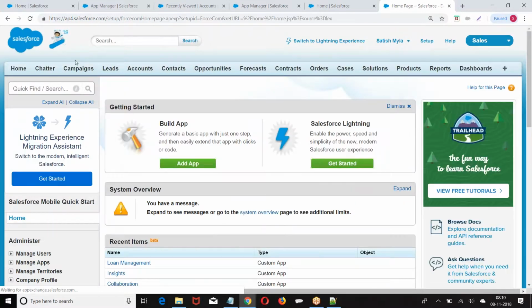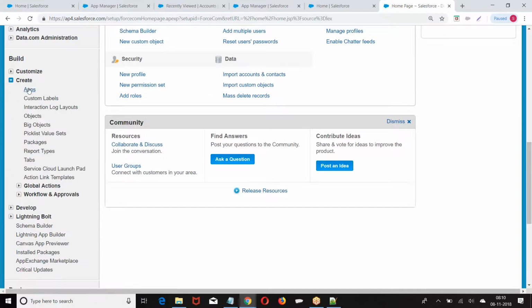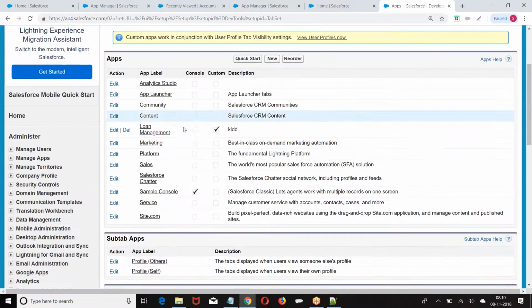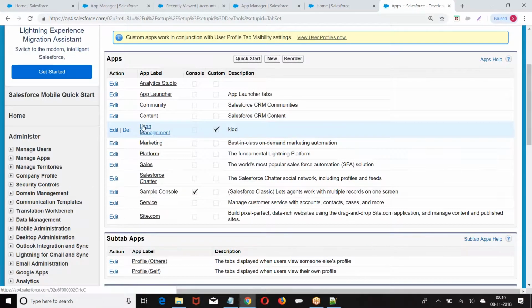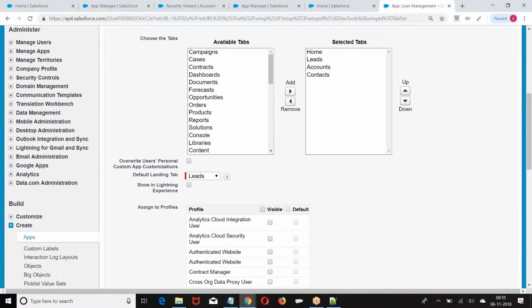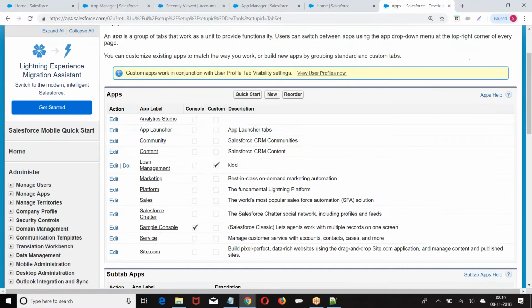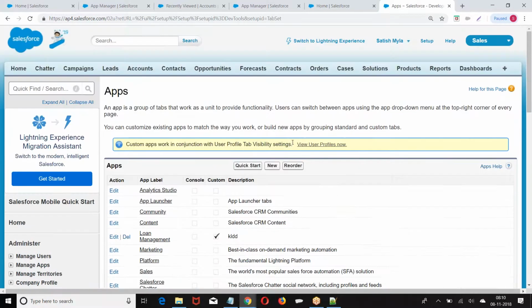Setup, build, create, apps, loan management app, edit. This is already a classic application, right? Now override, show Lightning, show in Lightning experience. When I say show in Lightning experience, go to the Lightning.